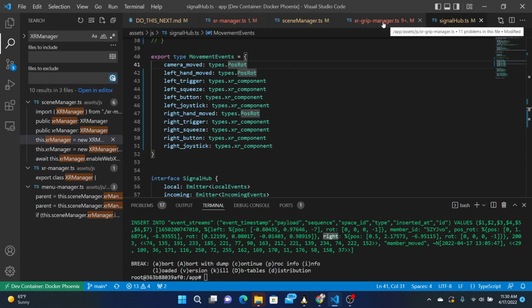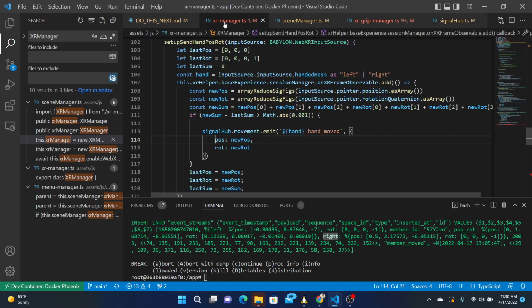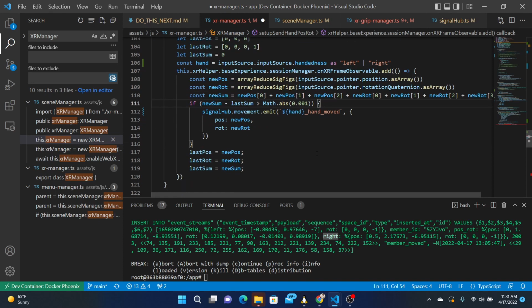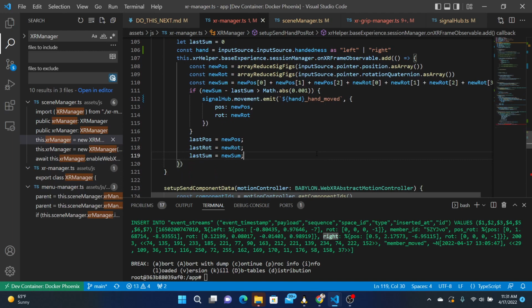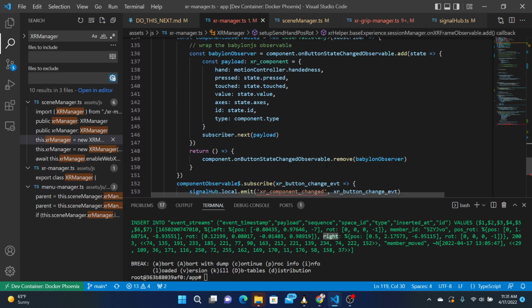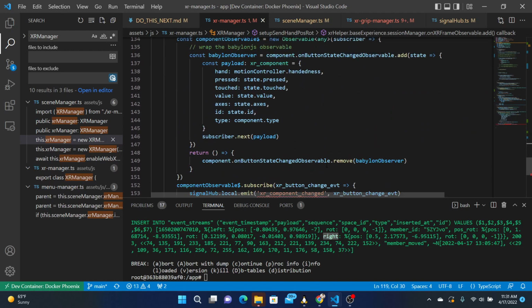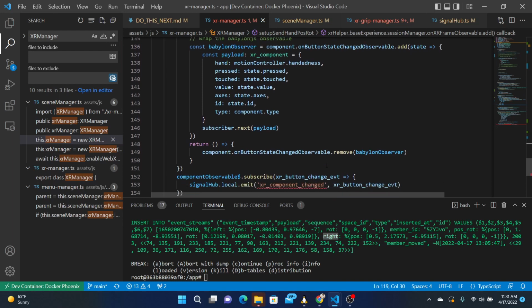Going back to XR Manager, yes, that will cover the two hand movements. Left hand moved, right hand moved. We don't have to filter for it now. Then over here in the payload, this is fine. We're gonna send it along